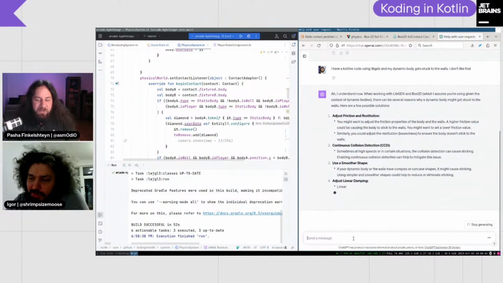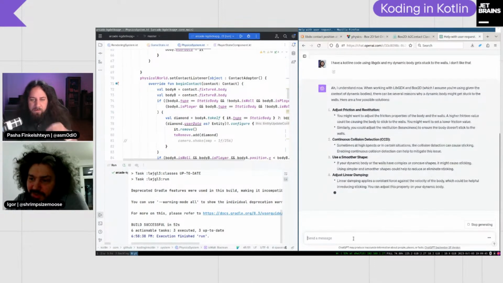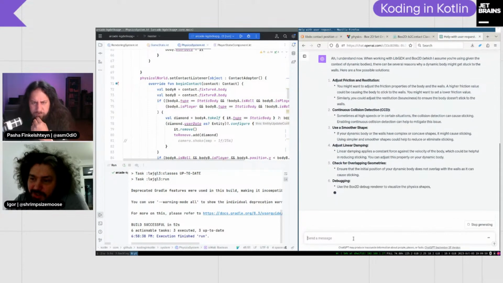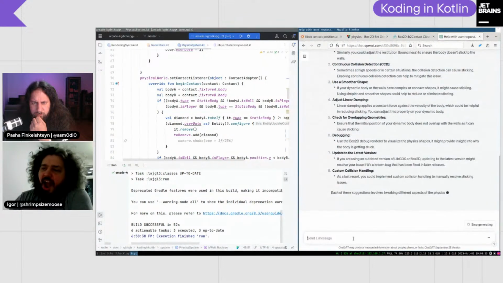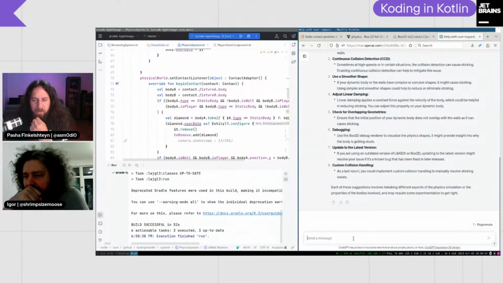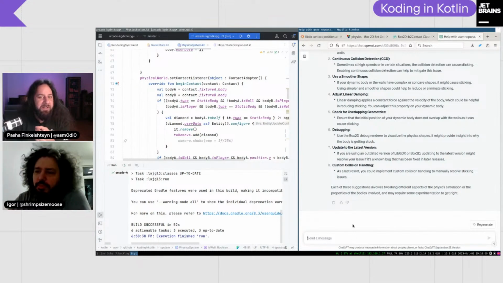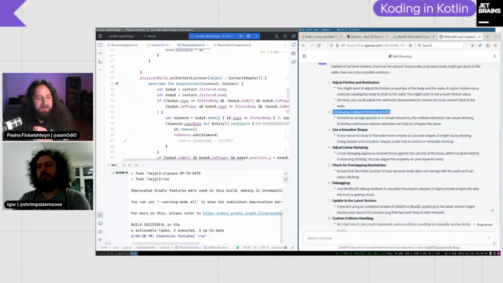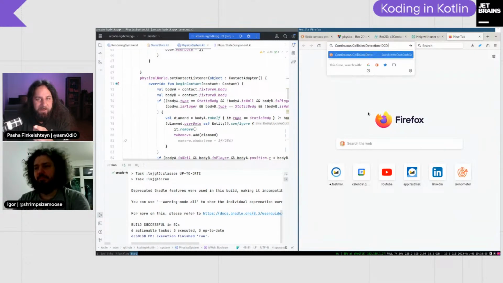Use continuous collision detection. Is it bullshit, or is there really such a thing as continuous collision detection in libgdx?